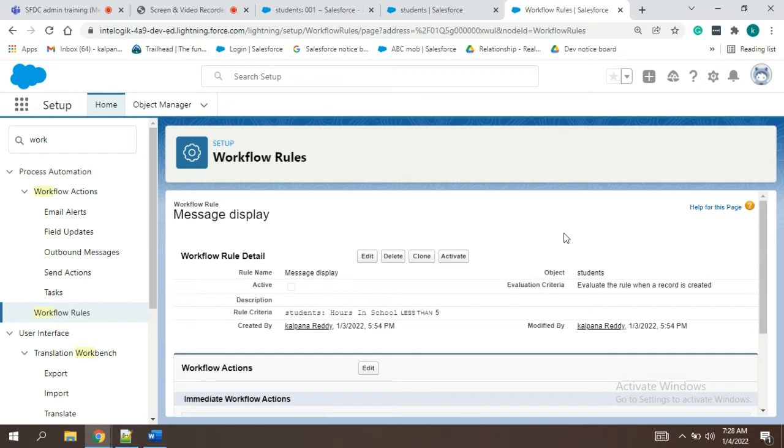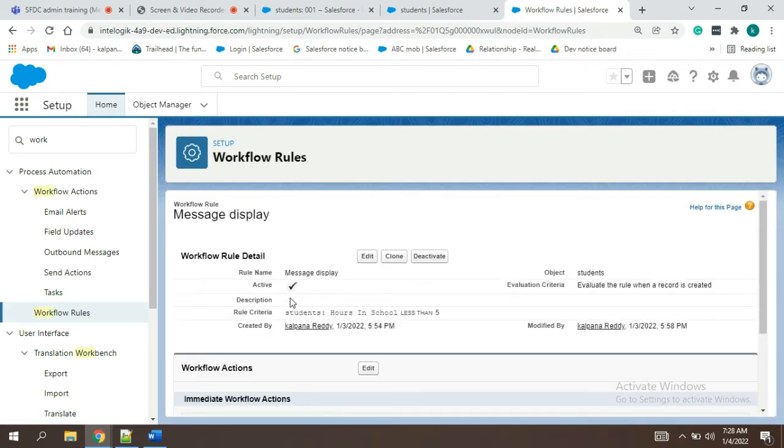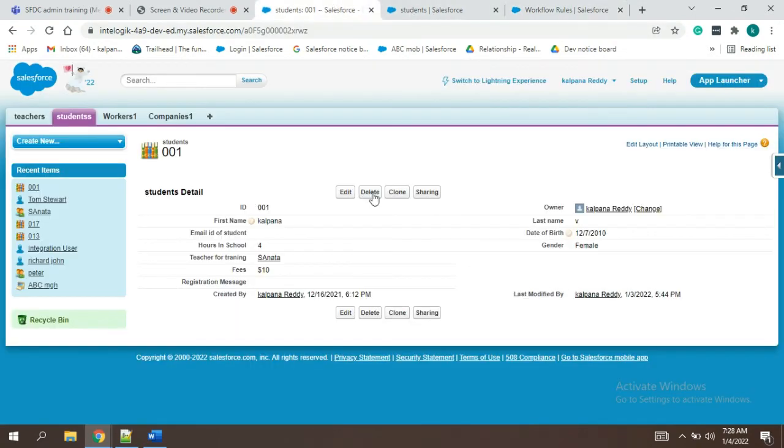One more thing we have to do to make this workflow rule work. What is that? That active checkbox, Kalpana. Exactly, guys. So this active checkbox will be checked only if we click on activate. See, now it's done. So now you can expect these things to work.